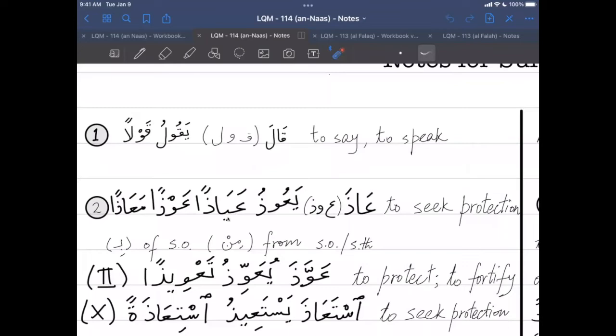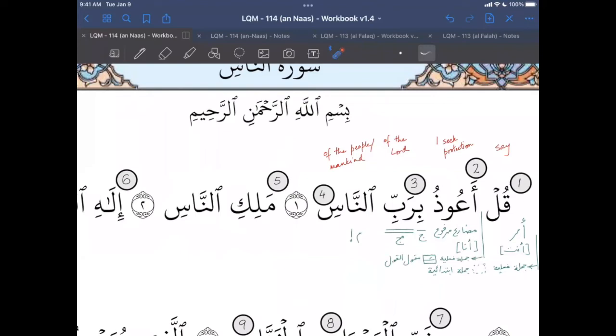where the actual verb itself is mahzuf. So the taqdir is a'udhu. The complete sentence would have been a'udhu ma'azallahi, I seek the protection of Allah. So there's a lot of emphasis in that seeking protection, and that is why it is mansoob. It says ma'azallahi, and we know maf'ul mutlaq is always mansoob. So it is mansoob because it's maf'ul mutlaq, but the verb itself is mahzuf. It's understood, which in this case will be a'udhu. Jazakallah khair. Wa iyyakum.